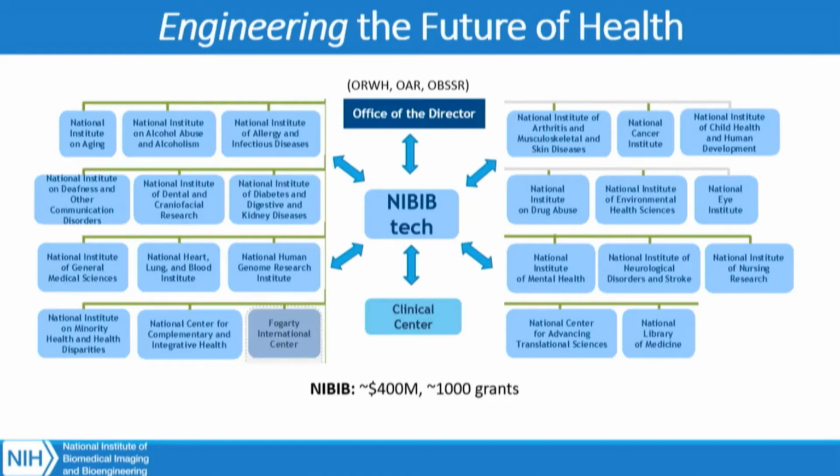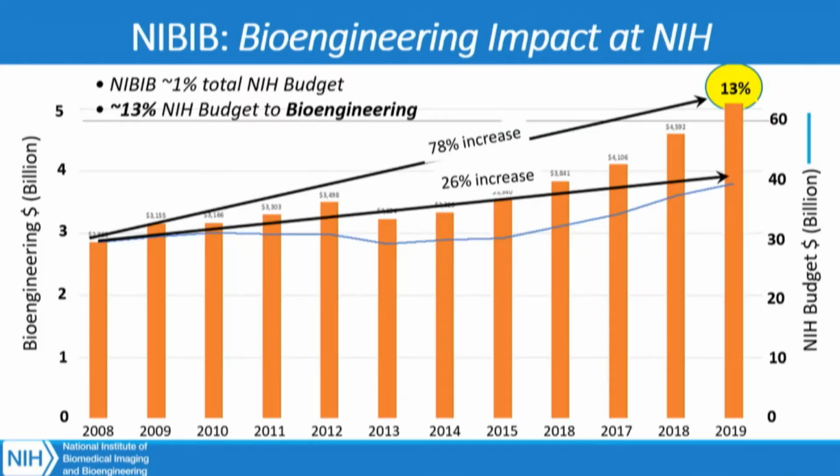And this is our new director, Bruce Tromberg, his view of what the NIH org chart should look like, with NIBIB right in the middle, interfacing with and supporting all of the other institutes, bringing technologies to help them solve the problems within their mission spaces. It's really been a remarkable time having a new director. We all are really into supporting engineering and biomedical imaging, but none of us had really stopped to think, where are we on the growth curve? And he came in and started asking questions about the size of the field and whether it's growing,